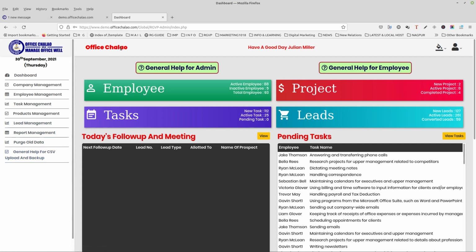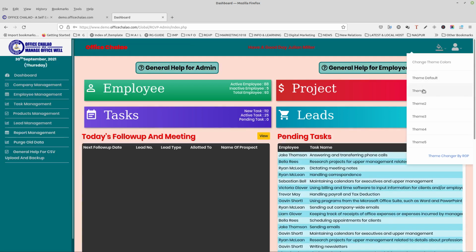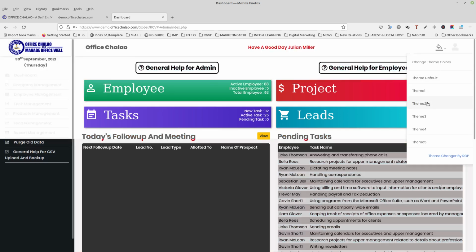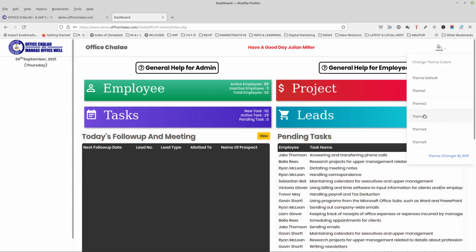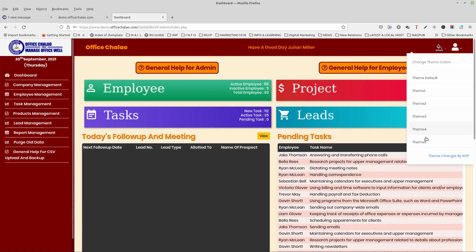The name of the company using the software is displayed here. System greets the employee whenever the employee logs into the system. The provision for changing the color themes is also available here in this menu in the software, where the user can select a theme from 5 color options according to his or her choice.